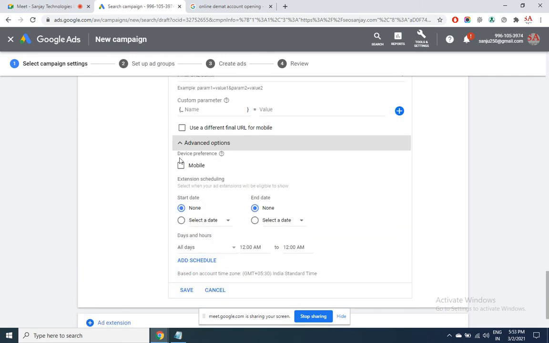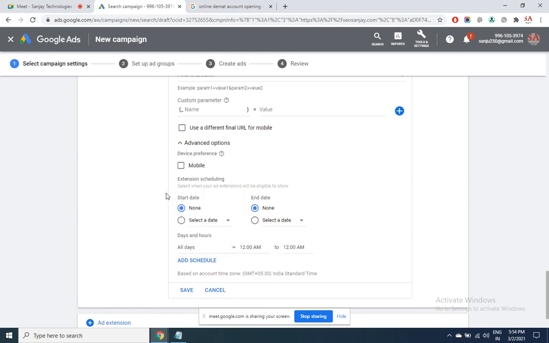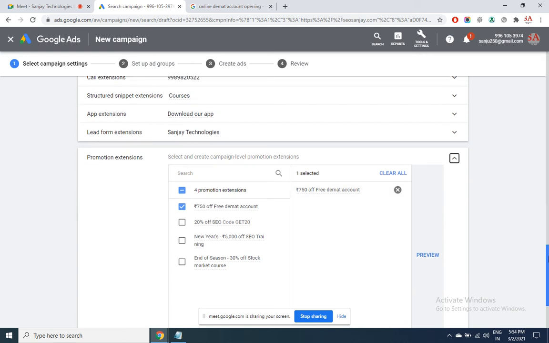This is a scheduling option. Do you want it to display only on mobile or to everybody? What's the start date, end date? Schedule it according to Monday, Tuesday, Wednesday, Friday. Only during those times it will be displayed. Generally, like in some restaurants, there are happy hours. So during afternoon time and all, they may want to display this promotional ad saying 1+1 drink free, 1+1 food free, something like that.